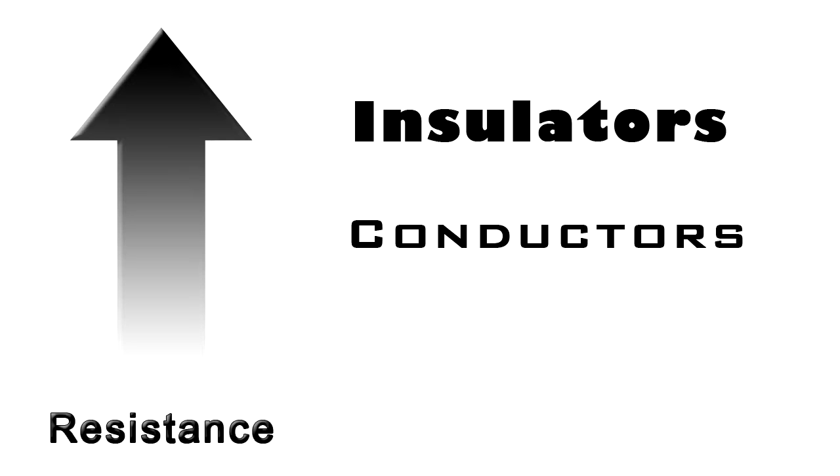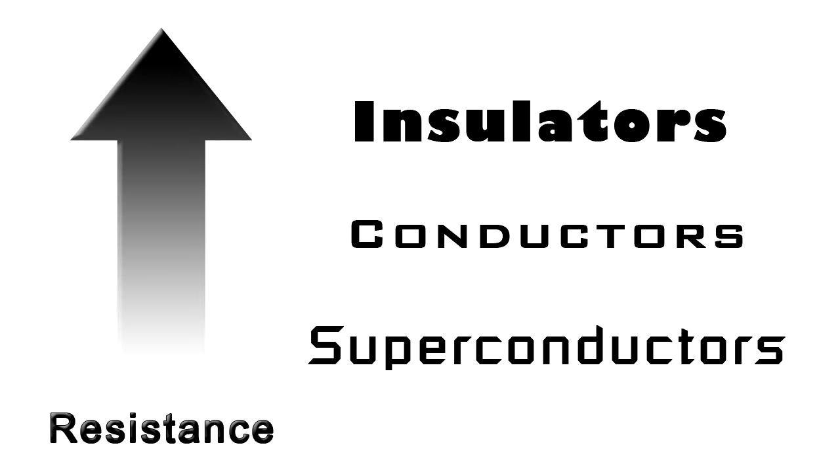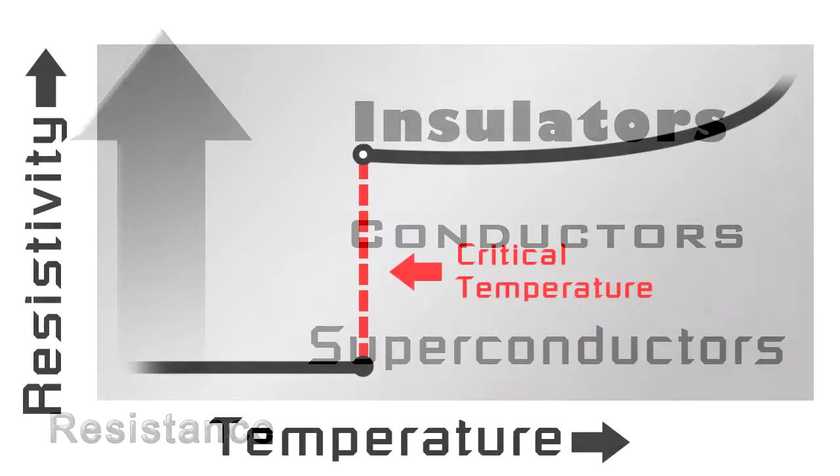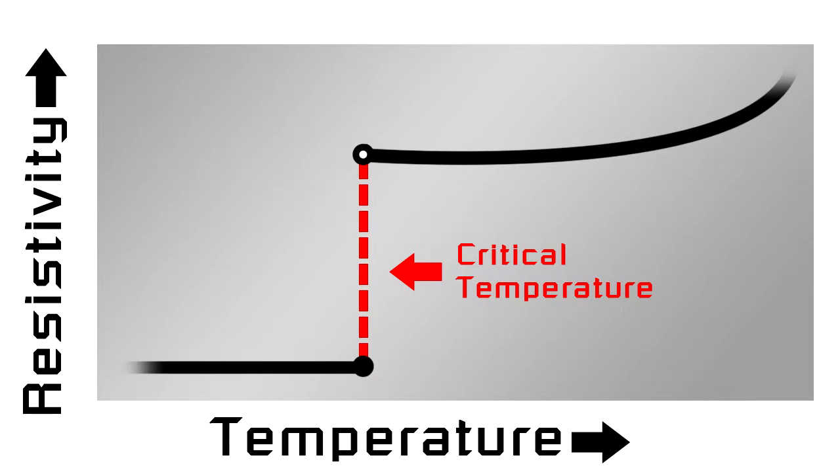And now, for the final and most important step on our journey, the superconductor. A superconductor is the ideal conductor, a conductor that has zero resistance, not close to zero, not almost zero, but zero. Indeed, in order for a material to enter into a state of superconductivity, it must be chilled to an extremely cold temperature known as the critical temperature, at which point the resistivity will drop instantaneously and abruptly to zero.